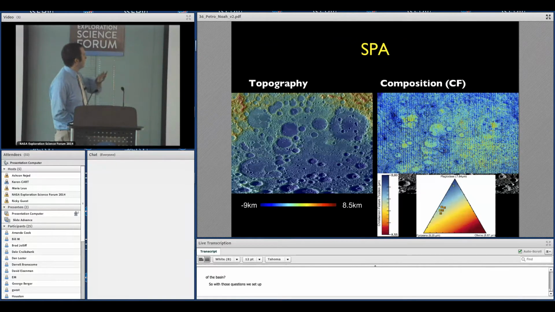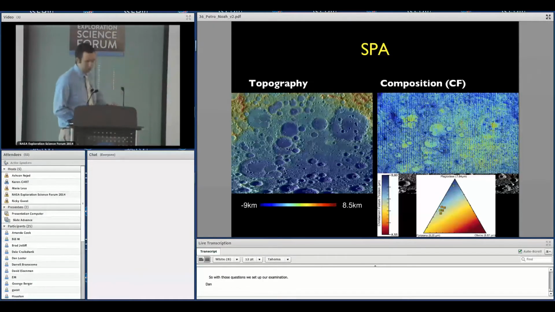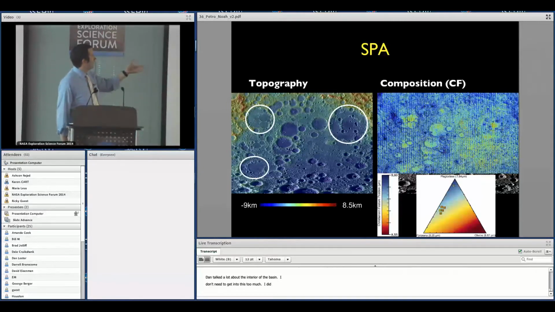Dan talked a lot about the interior of the basin. I don't need to get into this too much. I did want to build on what Ben talked about with the Diviner work and show some of the variability in the Christiansen feature